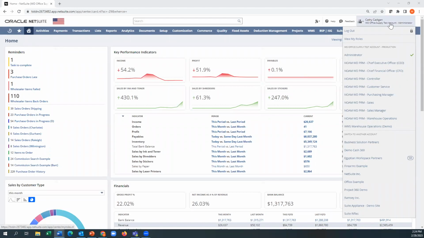But what we're going to do is take a trip into the purchasing dashboard, the sales dashboard, the warehouse operations, the controller. Each one of those roles is typically a different person in your company. Now, I'm going to be impersonating them all, but think of it from a setup perspective.